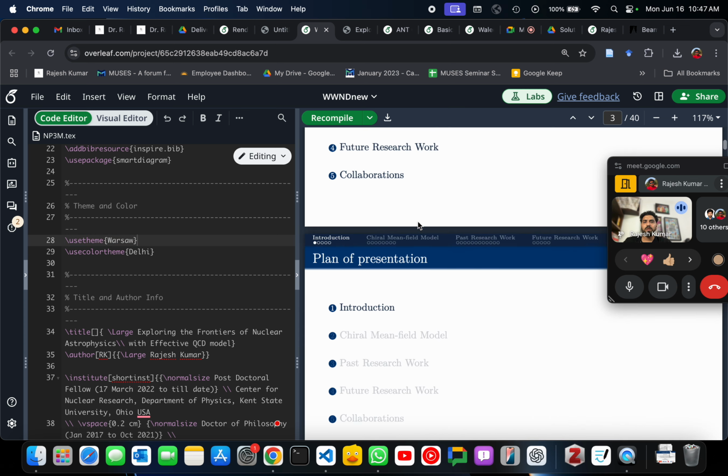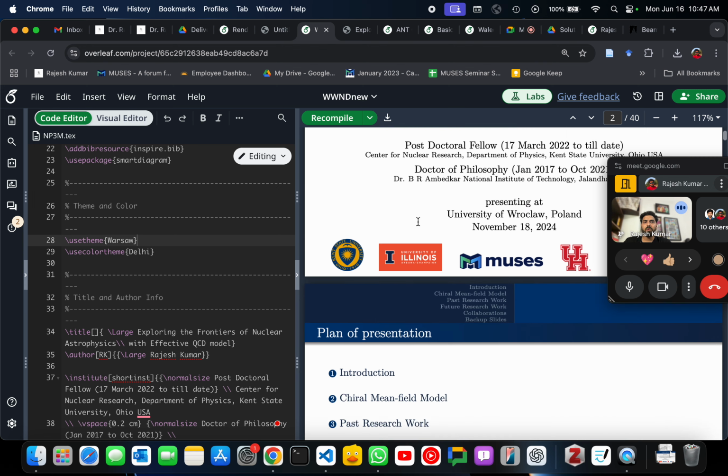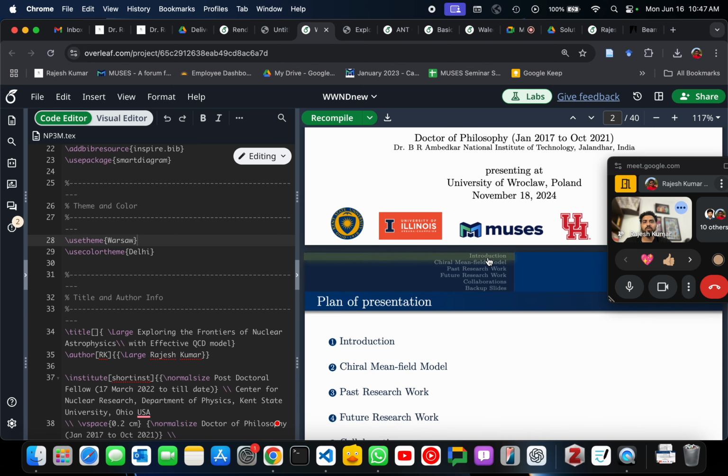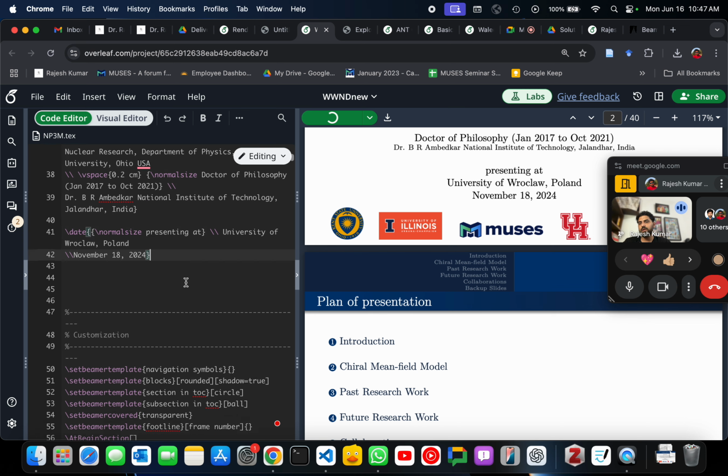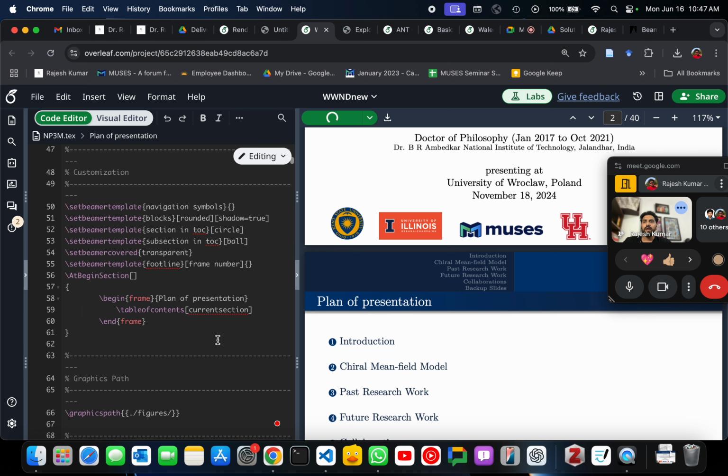Right, so this is Warsaw. Okay, so it is different now. I don't like Warsaw, so let's go back to Frankfurt. Every theme has a corresponding color combination associated with it. You can check on that. These are normal macros, like title, institute, vspace, whatever you are working with, and